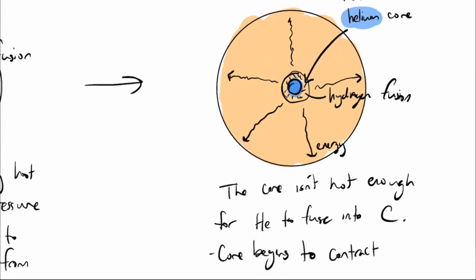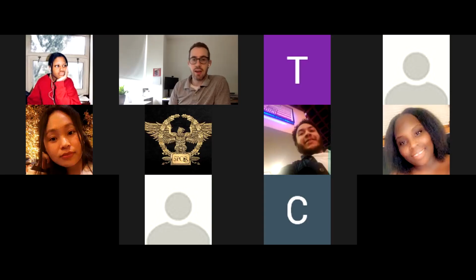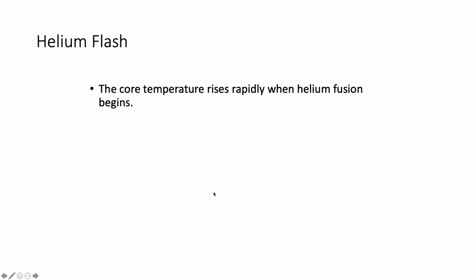And eventually, this is where I switch back to my slides. Eventually, that inert helium core starts to undergo nuclear fusion, right? It gets hot enough. And we call this process the helium flash, right? So suddenly it just gets hot enough for helium to begin fusing into carbon. And as soon as that happens, the core gets extremely hot and the entire helium core basically at once begins